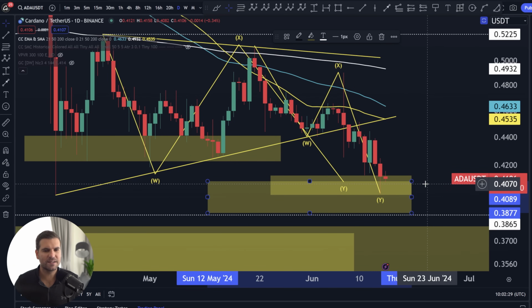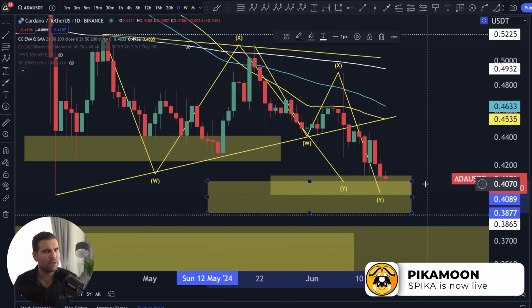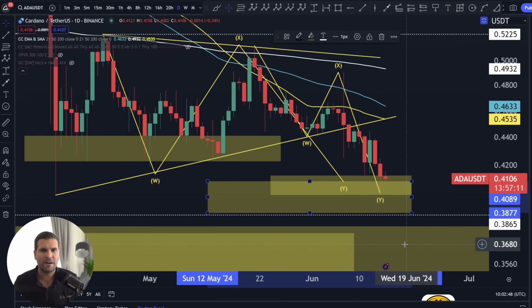Now, I do want to stress that this is a prime area for great dollar cost averaging opportunities should you want to do so. But do bear in mind, I am no financial advisor and I cannot give you financial advice. All I can do is share my thoughts and opinions and the data in the charts as I personally see it. And to me, anywhere between 40 and 38 cents right now seems like a prime area for great